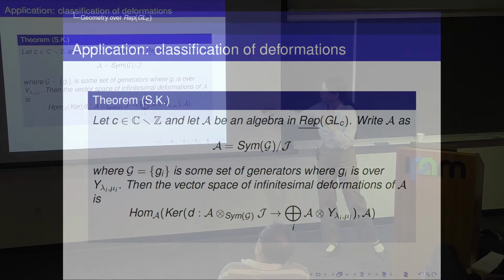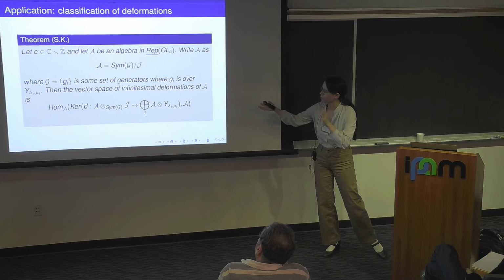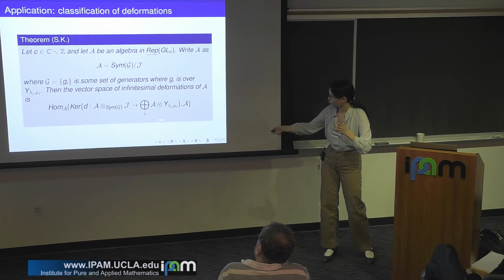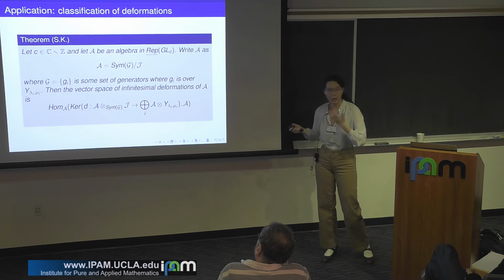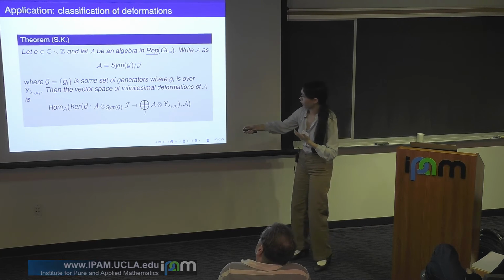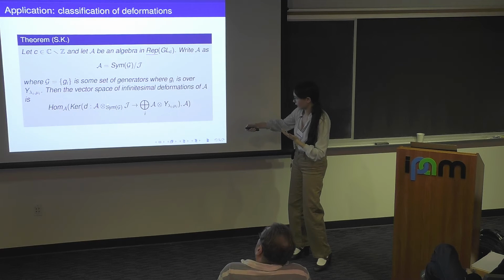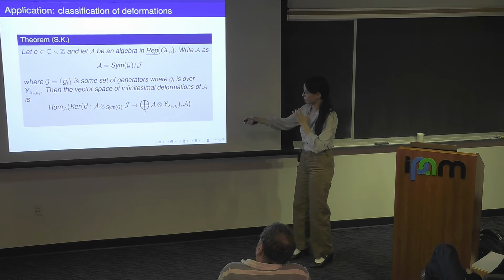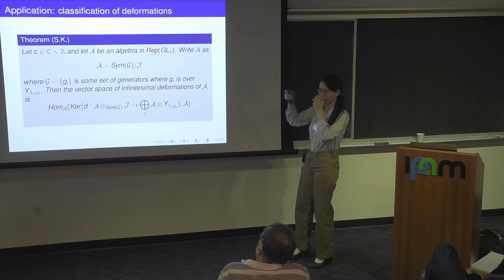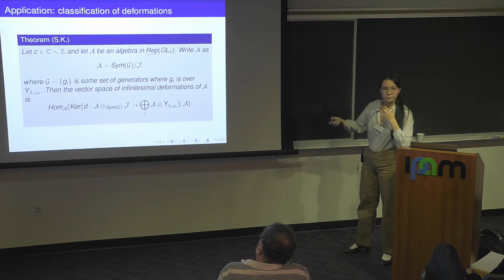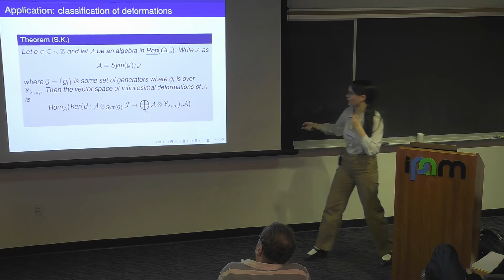I can then study the infinitesimal deformations of A in a Quillen homology sense. And I can actually explicitly calculate this, and it turns out to be a Hom from the kernel of this differential, which goes from A tensor over Sym G with this ideal to, I guess, what should be considered a free A-module on G. So these lambda_i, mu_i correspond to these elements of G_i, or rather D of G_i. What do you mean that this is a differential? Yeah, so,